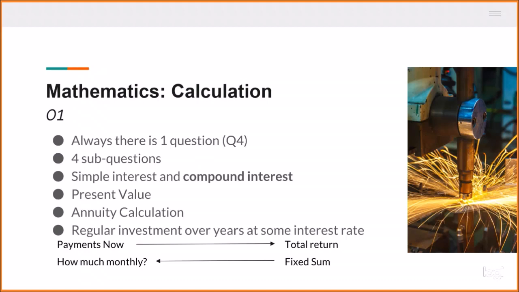So this is one of the questions that if you are good at, you should target, and you can complete that question in a very short span of time. If you are good in mathematics and memory, and use the formula quite correctly, or you know which formula to use, this will be a question that you can finish in less than 10 minutes. So this is good if you are mathematically geared. It's like, how much to pay now for a total return of how much. So compound interest, how much monthly to pay if you want to fix a sum of investment in how many years later.